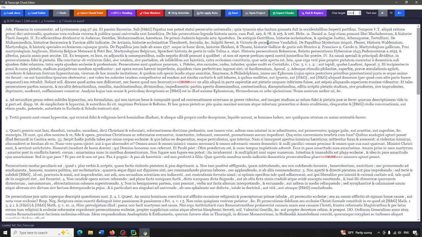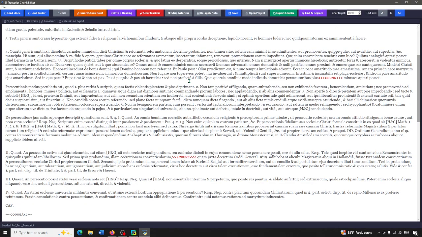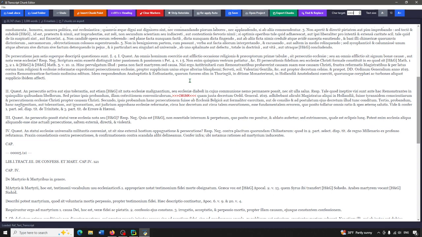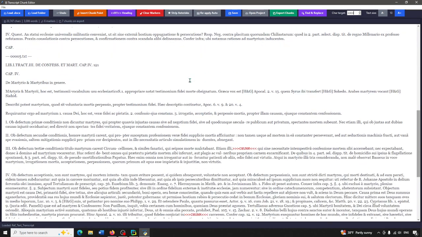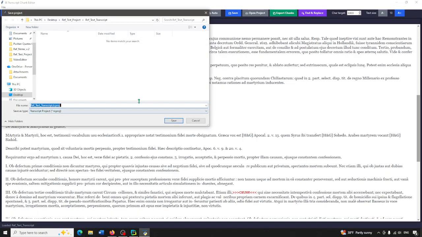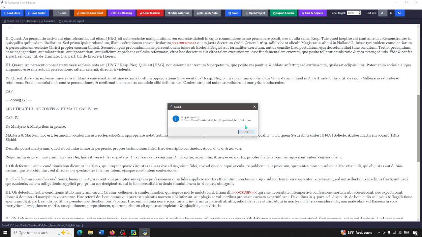If you want to export these chunks, first let me talk about saving the document. Say you have a long document, because many of these works are going to be hundreds of pages or even over 1,000 pages, and you just don't have time to finish your editing. You can always save the document, name it what you want. So say we'll say voet test edit, save,